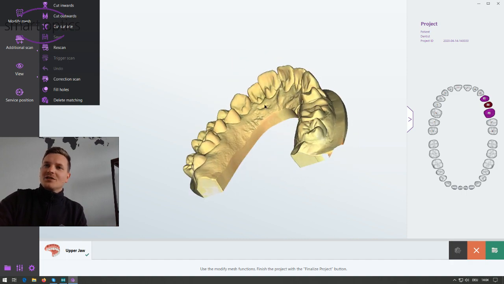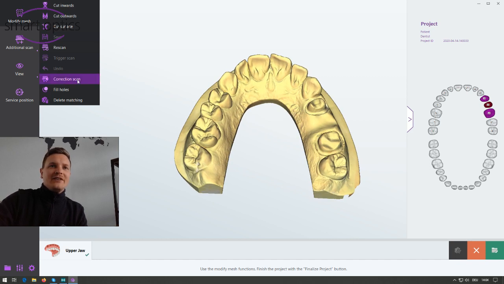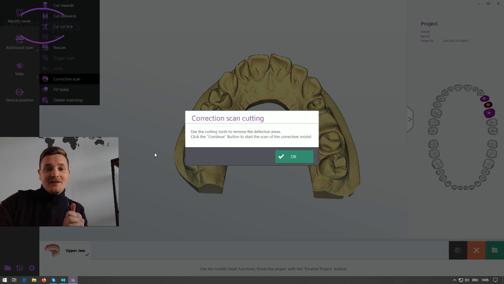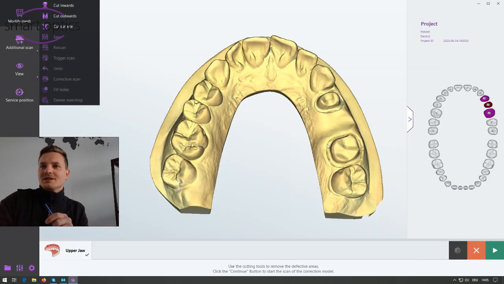Okay, so the scan looks great. And now we are able to activate the correction scan. Just push it, and then you get the message that I mentioned a second before. You need to cut away these areas that you want to replace. So let's say OK, and then I will zoom a little bit in,